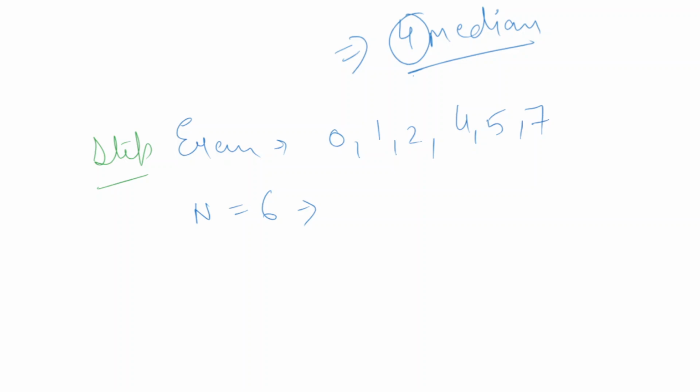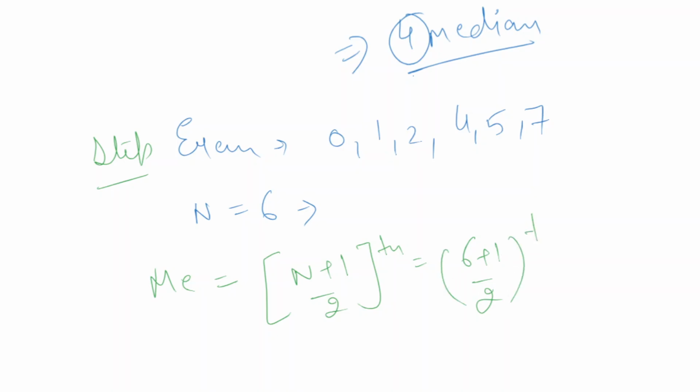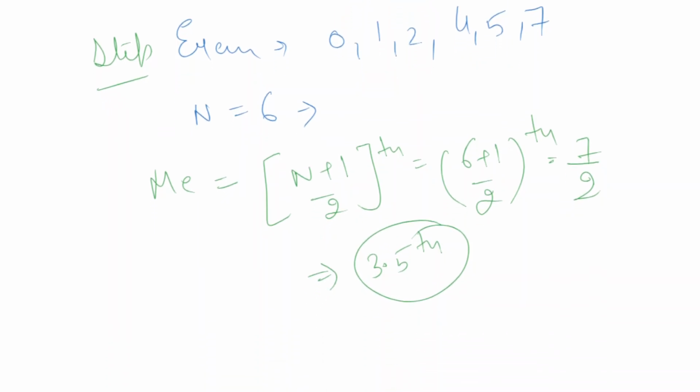Now the next step is to arrange them and apply a formula. The formula goes like (n plus 1) by 2th term. Now (n plus 1) by 2 will be (6 plus 1) by 2th term, that is 7 by 2, that will be the 3.5th term. Why I took this at the end is because now you need to understand the value for